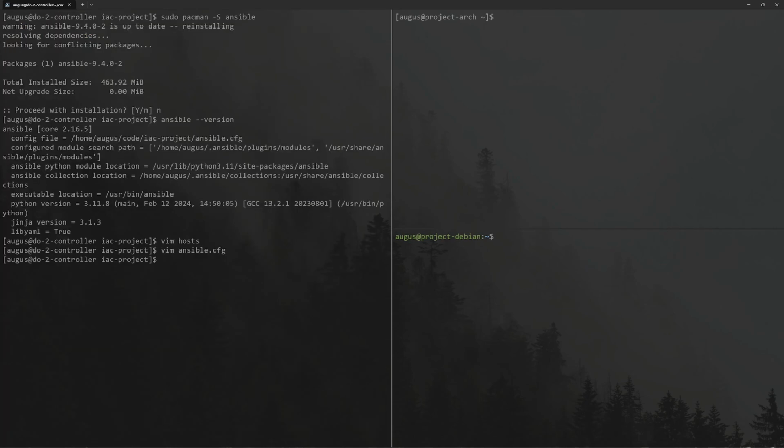Next, let's run our first ad hoc command. We will copy a file from this control node over to our two managed nodes, Project Arch and Project Debian. First, let's go over to them and ls in the home directory to see that they are empty. And then we will run ansible all to specify that we want to run this ad hoc command against all hosts,